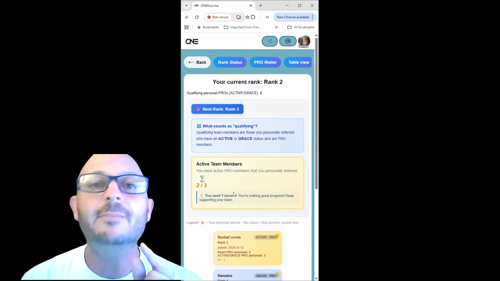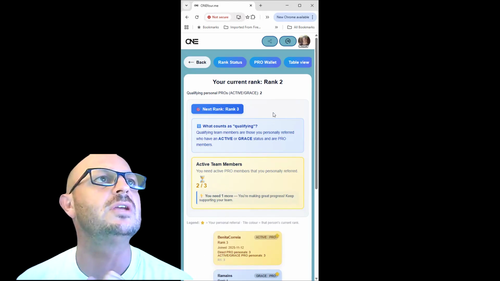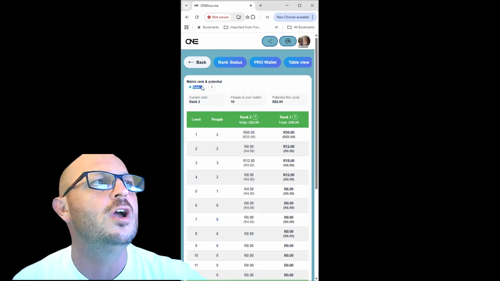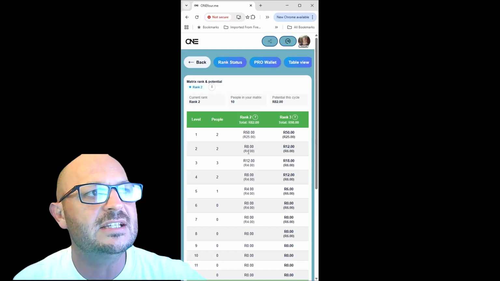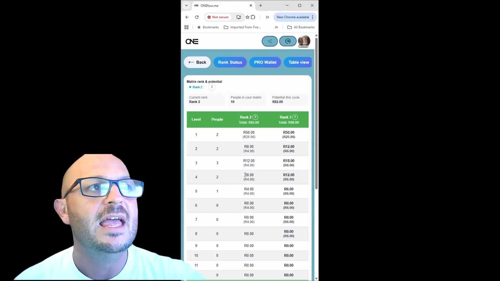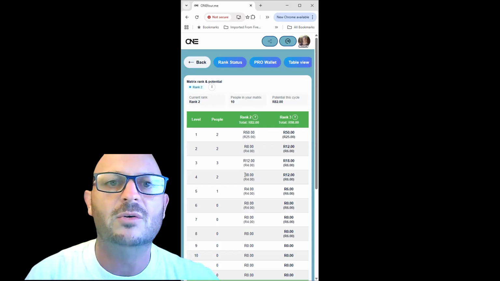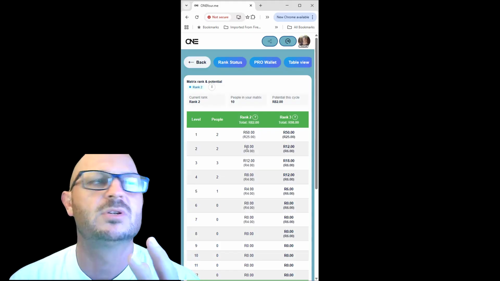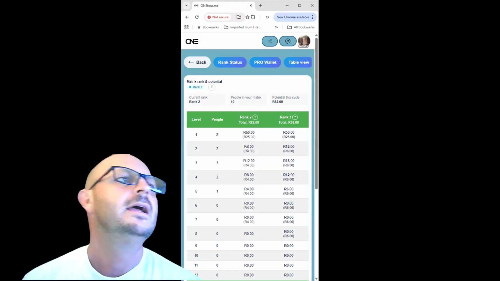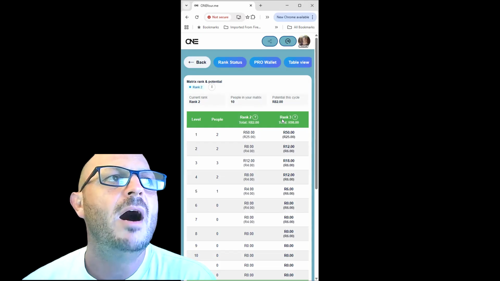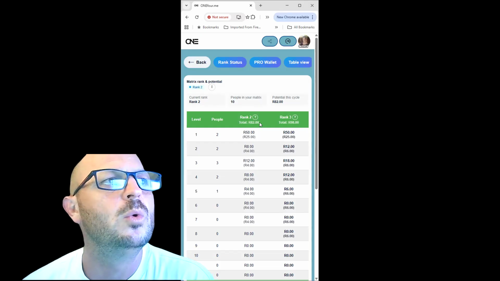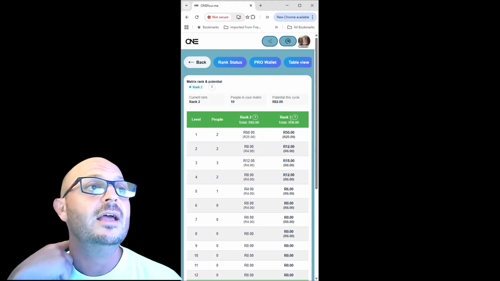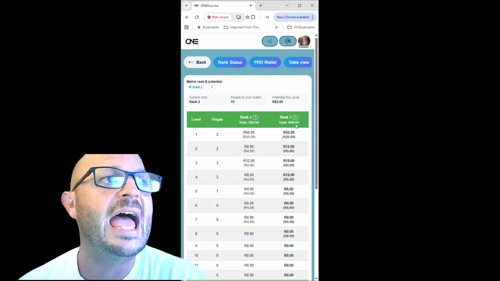Let's go over to the table view, and I'm going to show you how all of this fits together. When I go into the table view, it shows me as a rank 2 how much I am earning currently. So that is that first column over there. If I rank up right now and my network stays exactly the same, which is impossible because I need one more person to rank up, my matrix value will jump from 82 to 98 Rand. Almost, it will go over 100 Rand because that additional person will add to it.